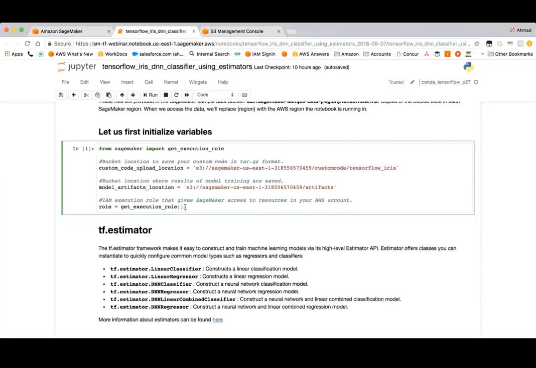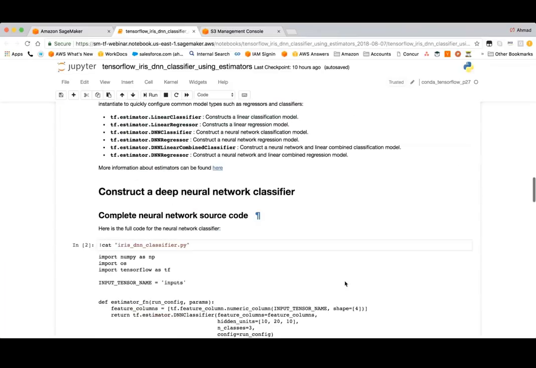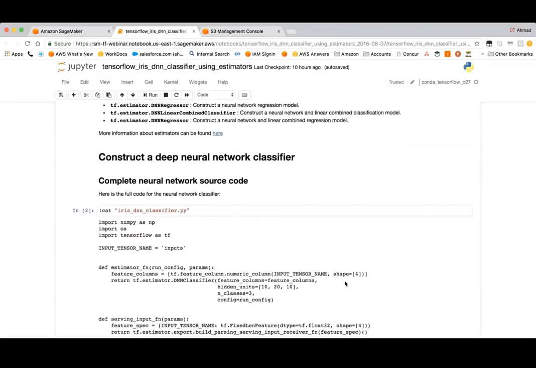Next, I get the execution role. The IAM role is something that needs to be created as well. And that is created also when you create the notebook instance. And so when we move on to the